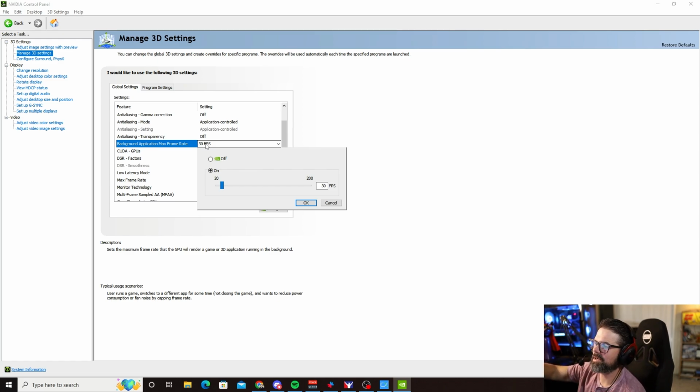I have this set to 30 FPS because even on triple monitors, I do a lot of content creation and stuff like that, right? And so I will go in and out of the game. I'll alt tab in and out of the game, or I'll have the game up and I'll be testing something, and then I get out of it and I'm doing Motec, or I'm creating a video, I'm just getting B-roll for a video or something like that. And when I bounce out of iRacing, I don't want that thing to still be maxed out doing 140 FPS in the GPU at 80%.